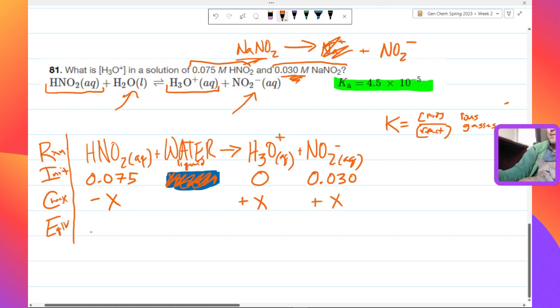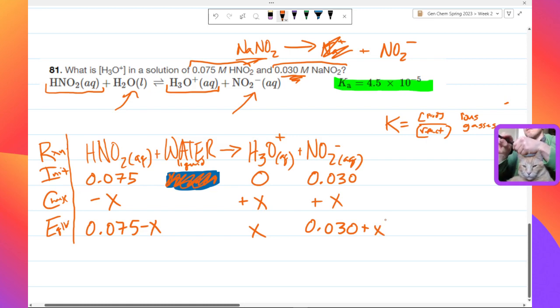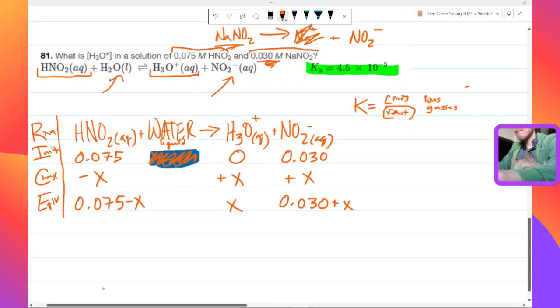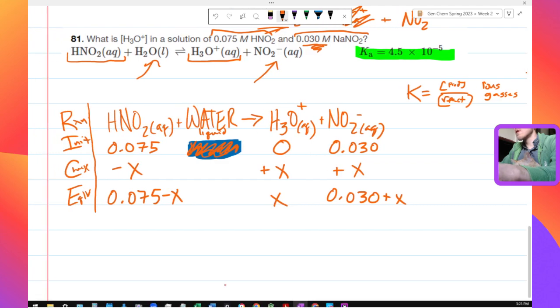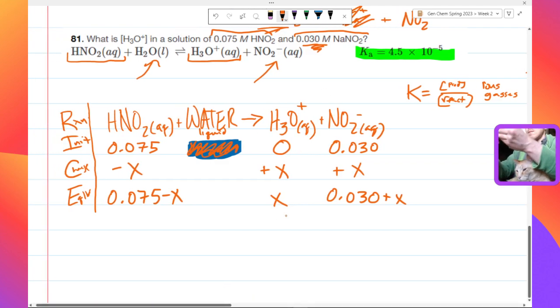I'm going to maybe write those words better later. And these will be our values at equilibrium. Okay. So at equilibrium,